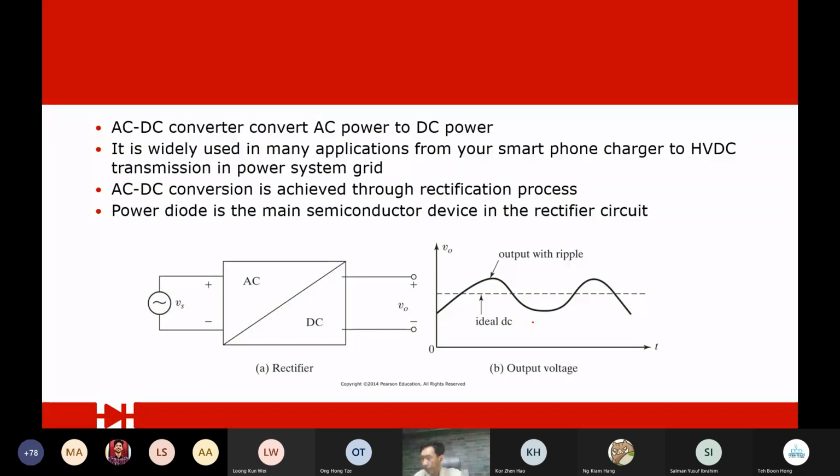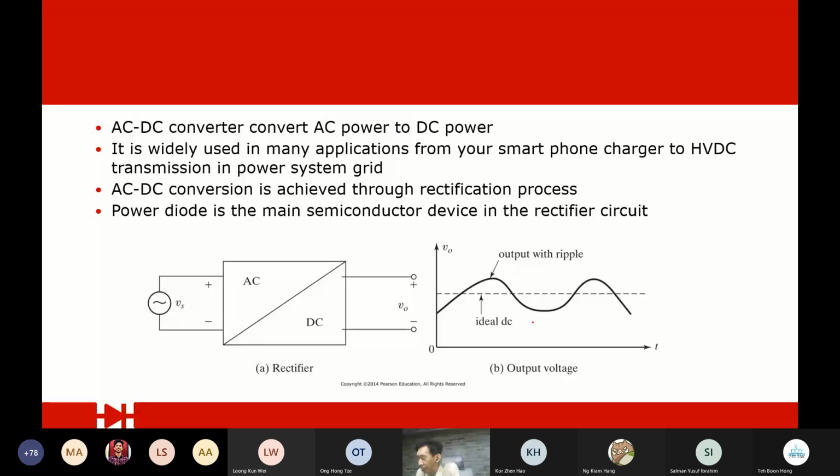The first application I believe we introduce to you is the rectifier. That is the very first, most fundamental type of power electronics converter, which will